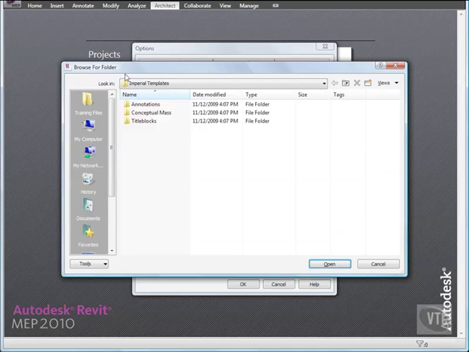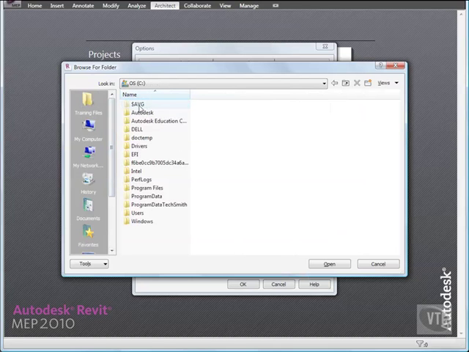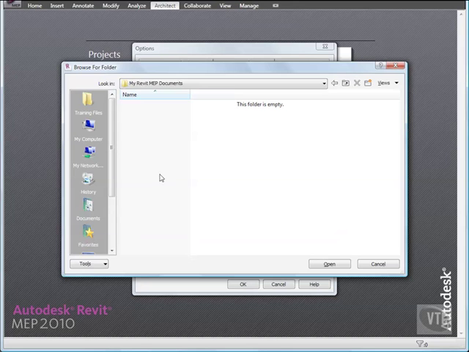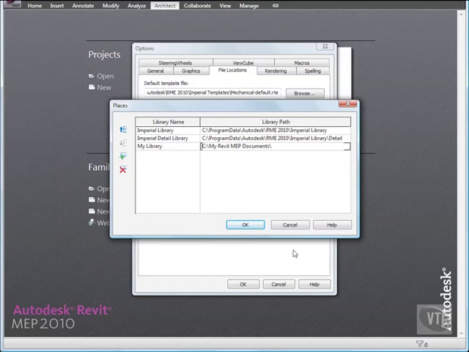In the Browse for Folder dialog, go to the C drive and create a new folder called My Revit MEP Documents. Then open that folder, which would be a folder similar to where you want to create a personal library of Revit MEP projects, templates, or families. Then click Open. Back in the Places dialog, click OK twice,